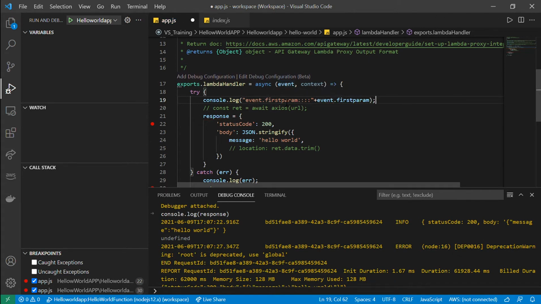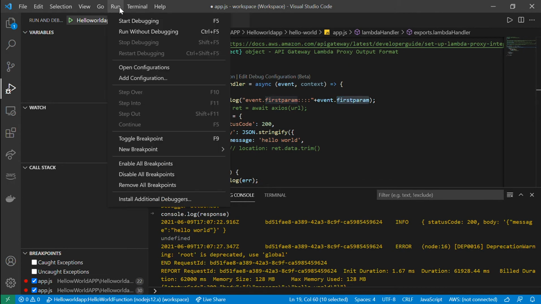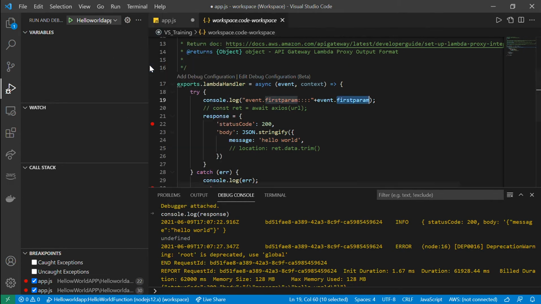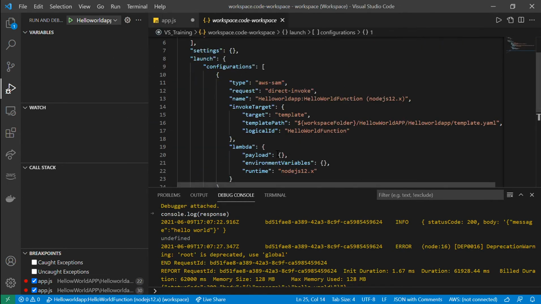So what this is doing, it is expecting a parameter called first param from our event. So we have to send first param to our event. For that, we have to go to our configuration, open the configuration, and take the Lambda configuration, which is the first one, having the direct invoke, which is the hello world configuration over here, and here in the environment variable we put JSON